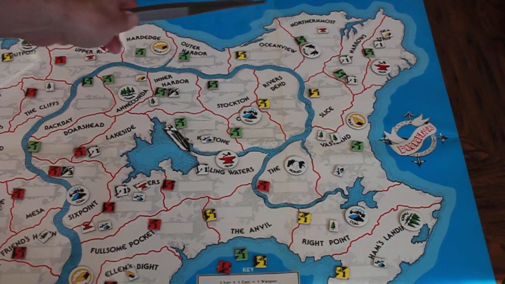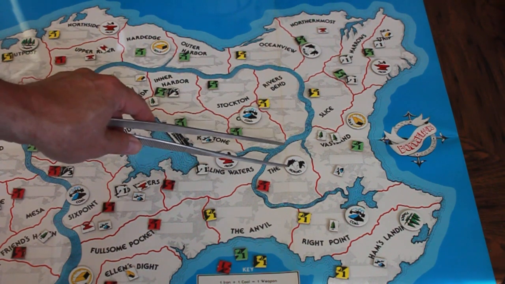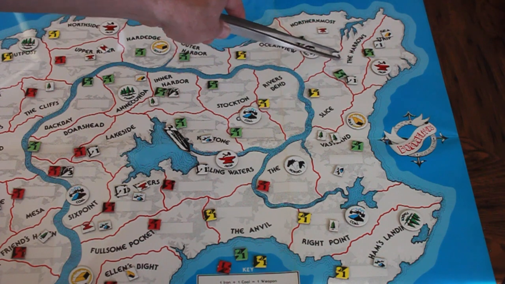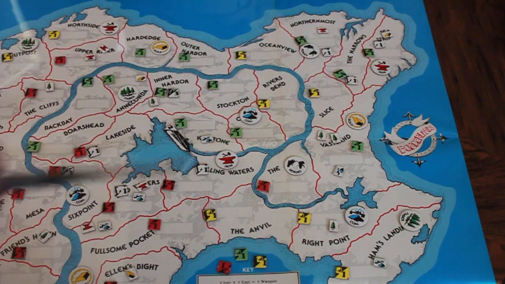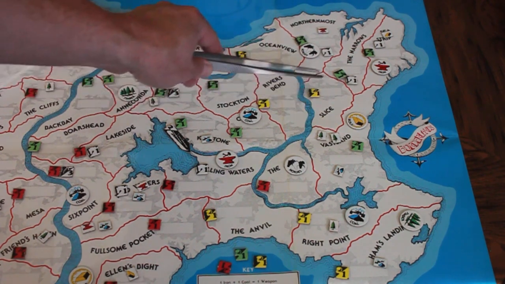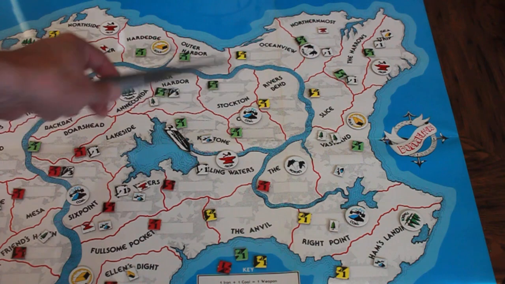He'd like to get rid of this yellow right here in between. He's got 1, 2. Actually, this horse should be over here. Looking at what he's got here, the defender has 1, and then he also has 1 adjacent territory, since you can count adjacent as being across the river here. So he's got 2 for the defender versus